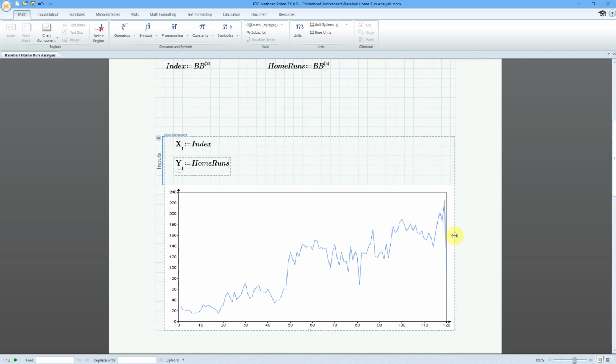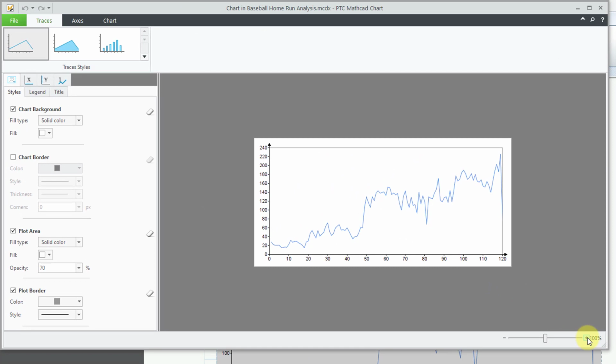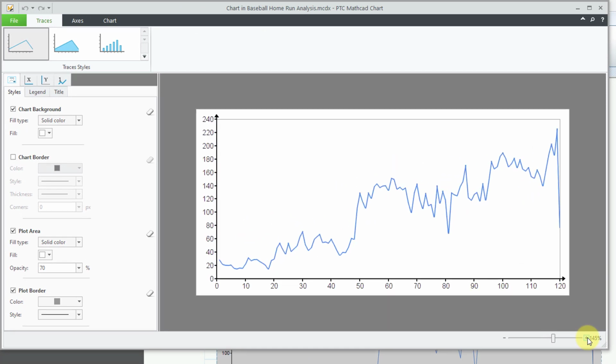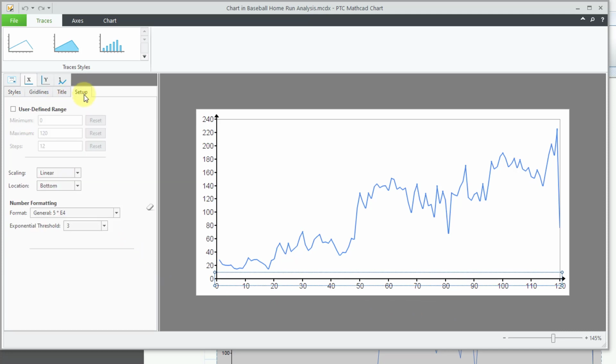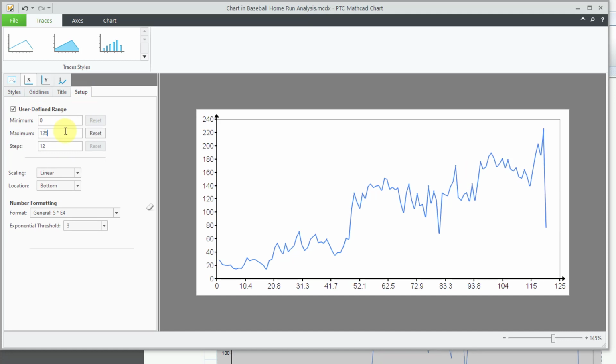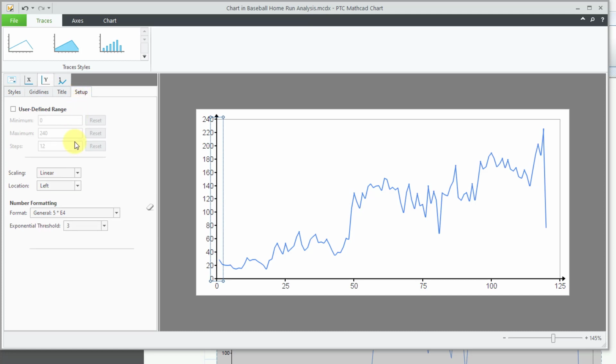Let's make this a little bit wider. I'm going to double click on here in order to edit the data or format the chart. And so let's start off by going to the x-axis, and for the x-axis I'm going to do a custom setup. Let's do a user-defined range of 0 to 125 with 5 divisions. And then let's go to the y-axis and the setup for that one. Let's change that 0 to 250